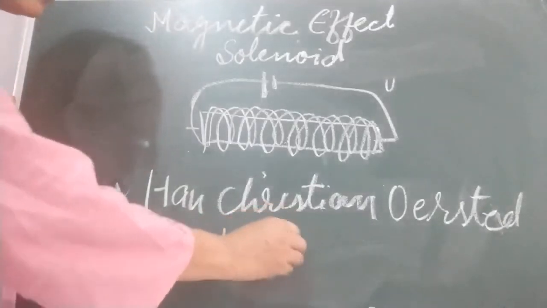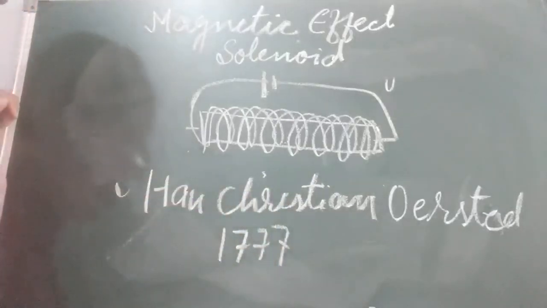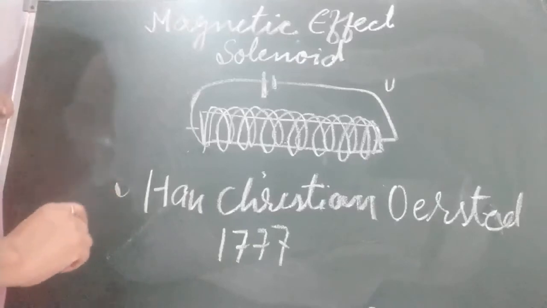1777. First time this man had discovered the magnetic effect of electric current. He demonstrated that a magnetic needle gets deflected when it is brought near a current carrying wire. So in memory of this man,